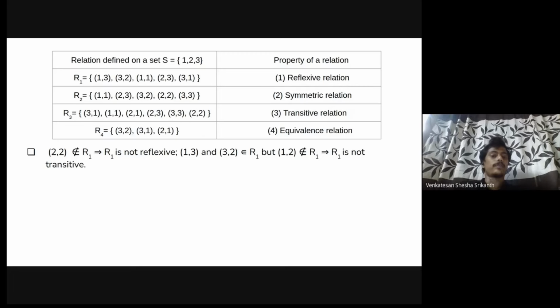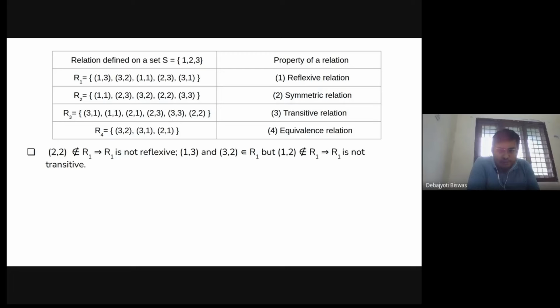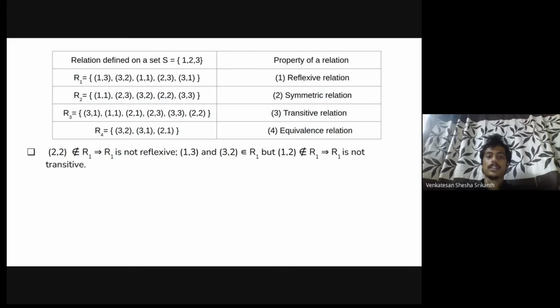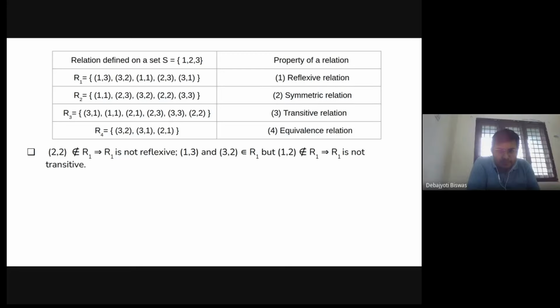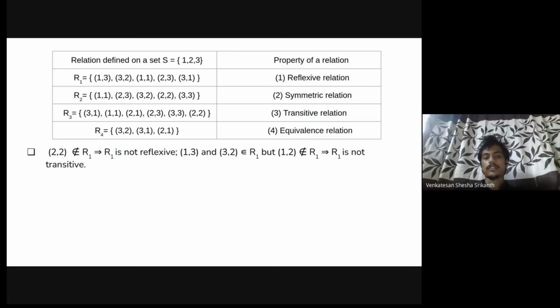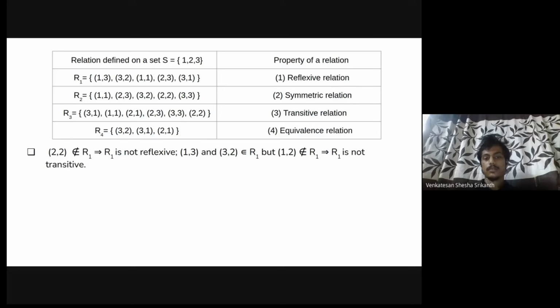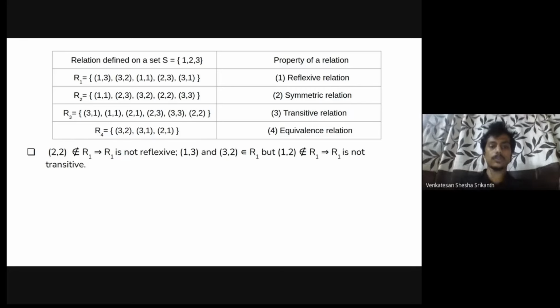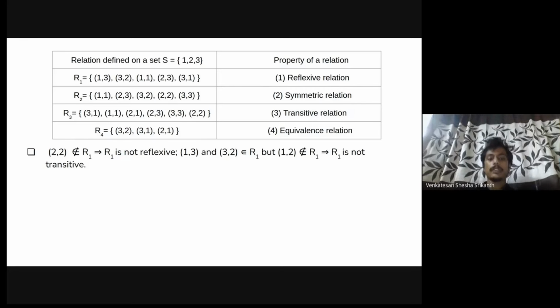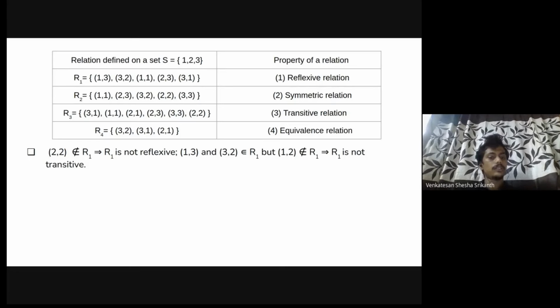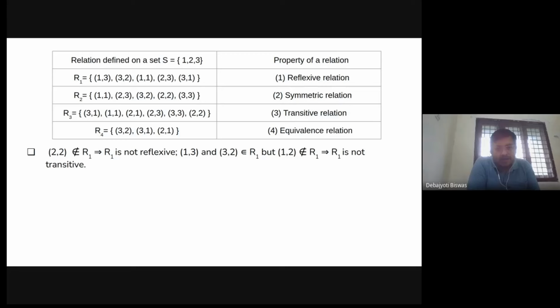So (2,2) should be there in my R2, which is there. And the same way, for (3,2) and (2,3), (3,3) should be in my R2, which is there. So for every pair of elements, there is the third element. Therefore we can conclude R2 is transitive.